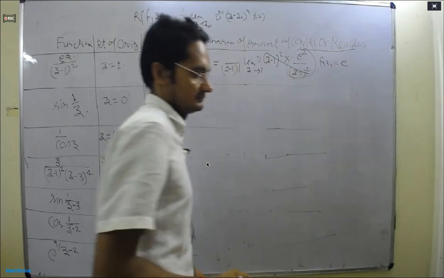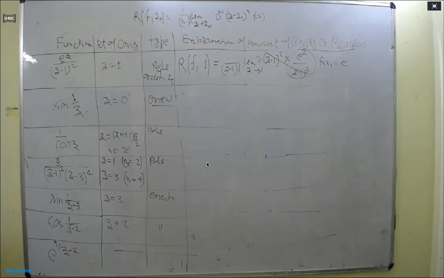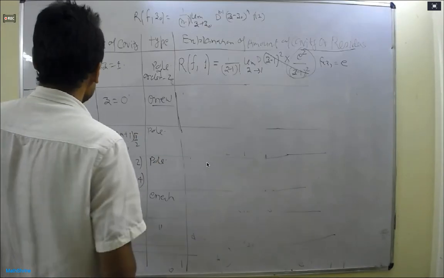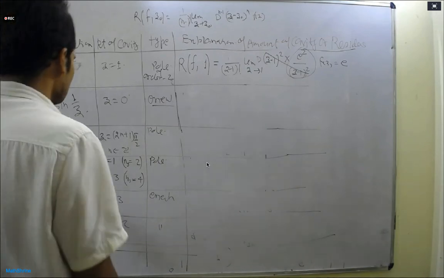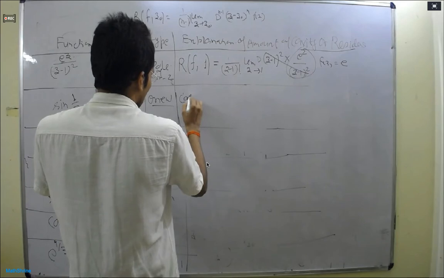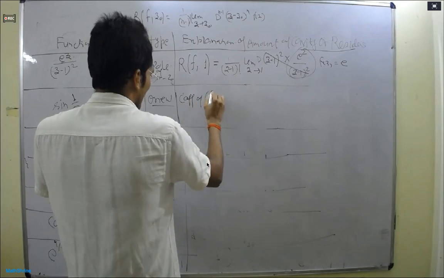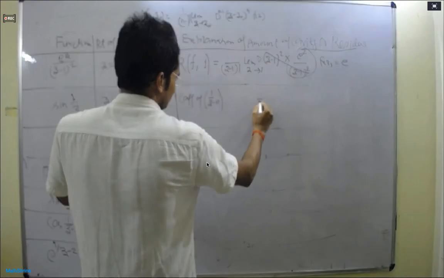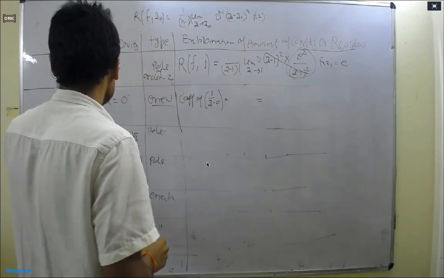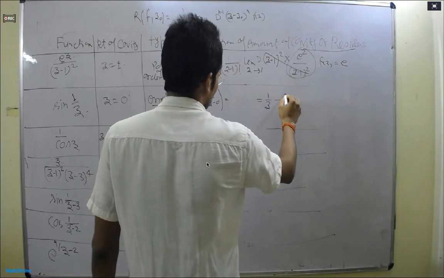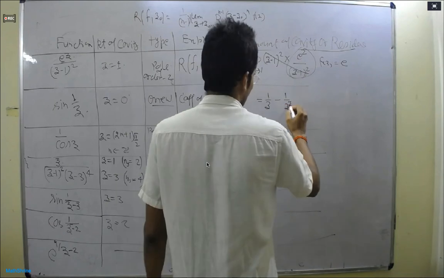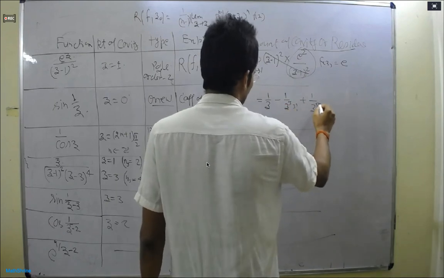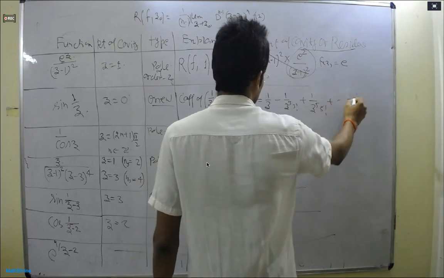All right, the next, this is the essential singularity. I told you to find the essential singularity. You just expand about z is equal to 0. This implies that we need the coefficient of 1 upon z minus 0, right? So if I open the expansion, 1 upon z plus 1 upon z cube into 3 factorial plus 1 upon z power 5 into 5 factorial and so on. So tell me the coefficient of 1 upon z minus 0 here. It is 1. So the answer came 1.